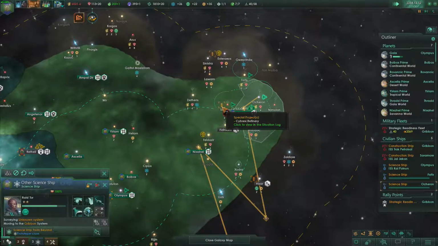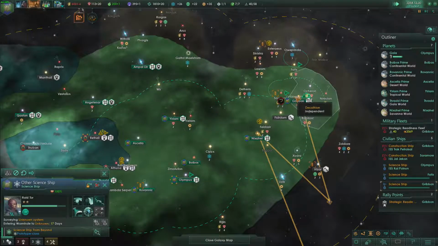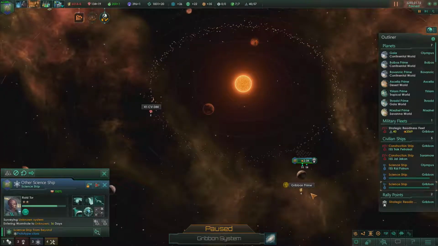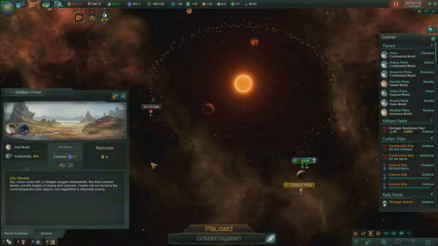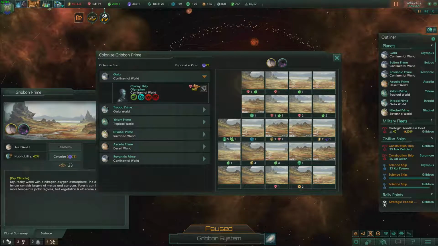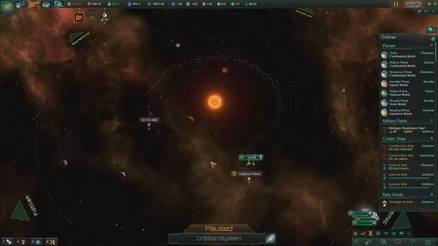Okay. Uh-oh. They wiped out our population. After we just spent all those minerals to recruit armies, well, at least we're ready to go to invade. We can't do this until we have more resources. And